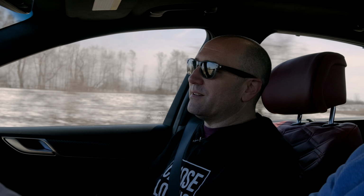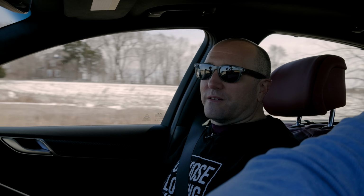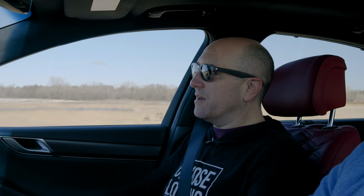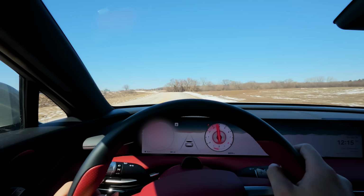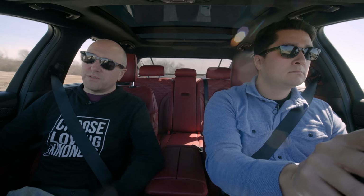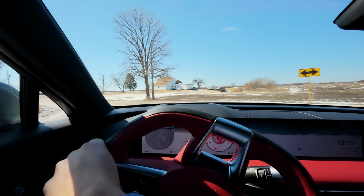Well, this is a tough one, and I think this is the broken record of us. Every time I get into a G80 Sport, I want this to be a luxury car first, right? And it really does do those things. It is a quiet, isolated cabin, unbelievably quiet. It's refined. It does those things very, very well, in many cases better than the Germans for a lot more money. But again, this has always been the thing with this brand: drivetrains can't compete with the Germans, and I don't think they even care anymore. With their quest to go electrified, a lot of their budget is going in that direction. So while it is better than it used to be, it's not the best, and I would agree with you there. I think the inputs, though...